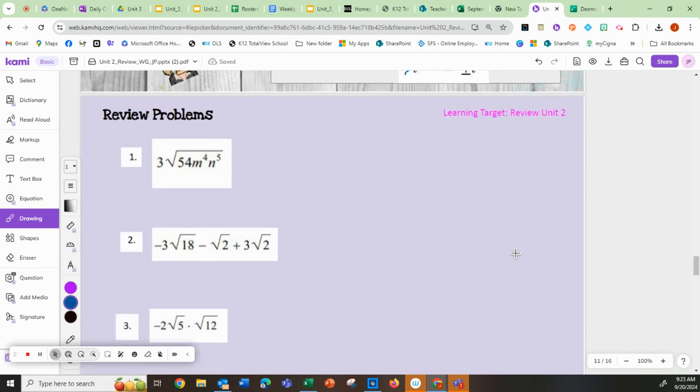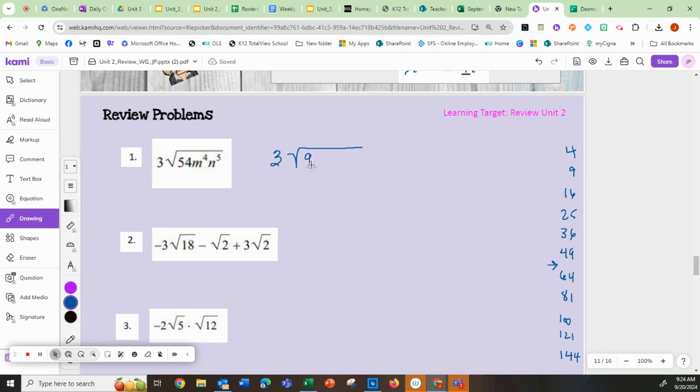All right, we're jumping in with some review problems. Number 1 is asking us to simplify. We have 3 times the square root of 54. 54 is not a perfect square, so we're going to think about perfect squares like 4 and 9 and 16 and 25 and 36 and 49 and 64 and 81 and 100. I'll go all the way down to the numbers that you memorized, hopefully memorized in the 3rd and the 4th grade. So 54 is not one of these numbers. I know it's not one of them because it lies between 49 and 64, but 9 will go into 54,